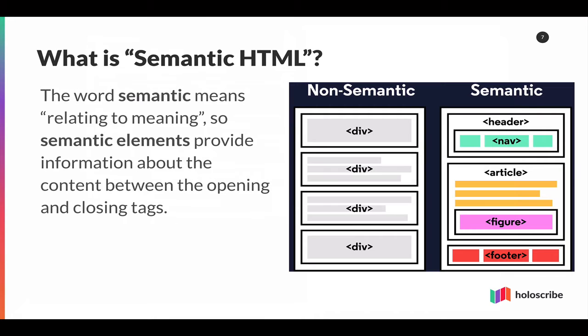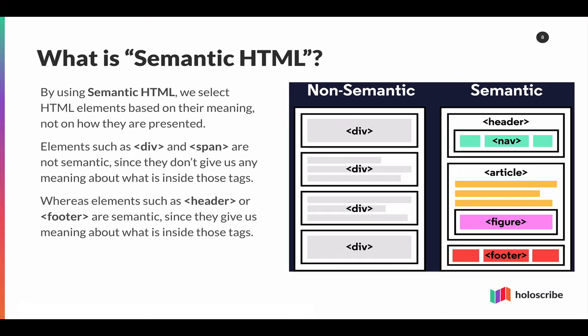Now, it may seem a little bit of a confusing term, but it's actually quite simple. The word semantic means that it relates to meaning. So a semantic element basically means that it's an HTML element where the name tells you what it's used for. Over the last few weeks, without even knowing it, you've already been using a mixture of non-semantic and semantic HTML elements. And to give you a really clear example of the difference, when we've been adding things like a div or a span HTML element, that's non-semantic because div and span don't actually give you any meaning about what's going